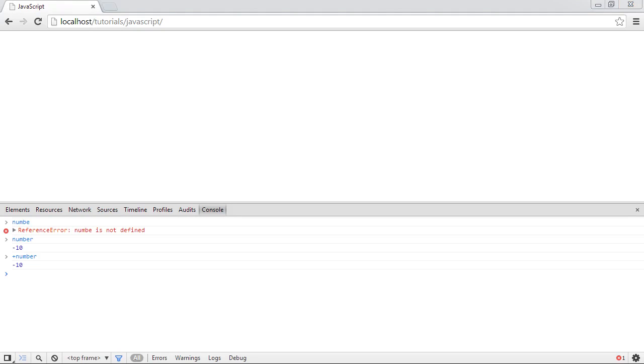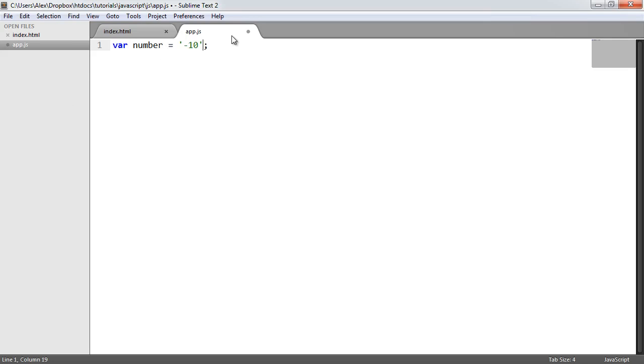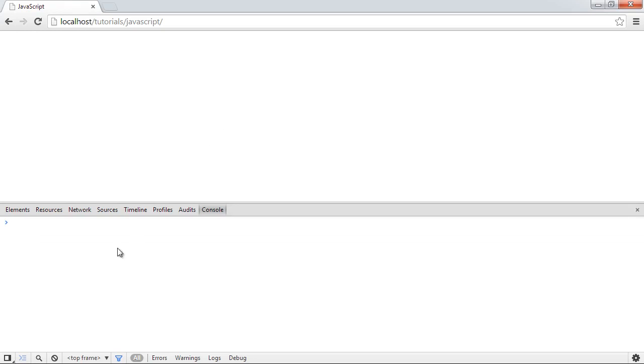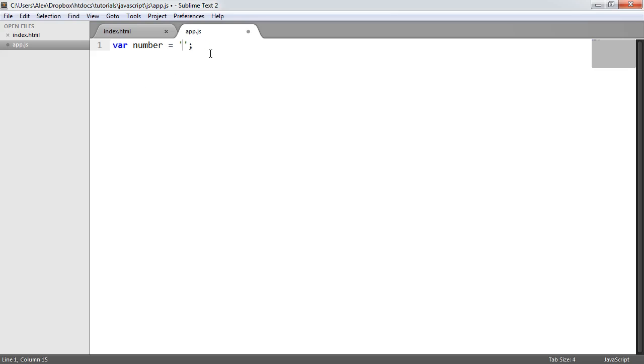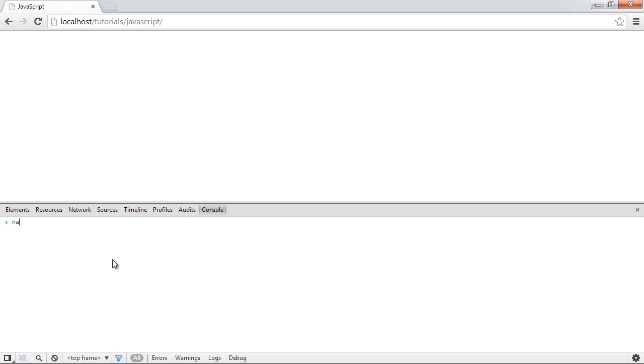we still get -10. Now the reason for this is that earlier we were looking at things like parsing numbers. Let's just say that number was a string, so let's go ahead and change this to a string "-10", for example. Go ahead and refresh. If I was to say number, we now know that this is a string. If I was to now say plus number, what that's going to do is actually convert that to a number. So by using plus, we're almost using a shorthand way of converting something to a number. And again, if we have something like Alex as a number, which obviously isn't a number, you'll probably already guess if we were to say number, Alex, plus